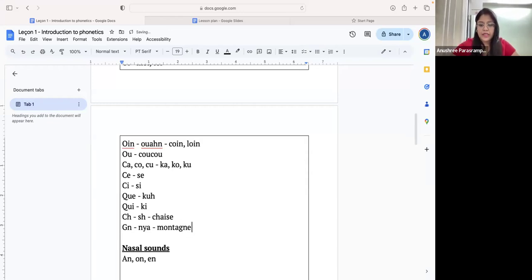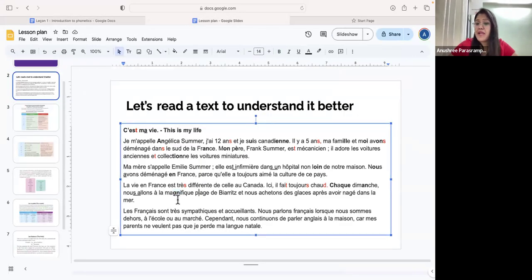Similarly, Allemagne, campagne, and so on and so forth. Montagne, Allemagne, campagne. Okay, so which is why it becomes magnifique plage de, we will break it down, Biarritz, et nous achetons,